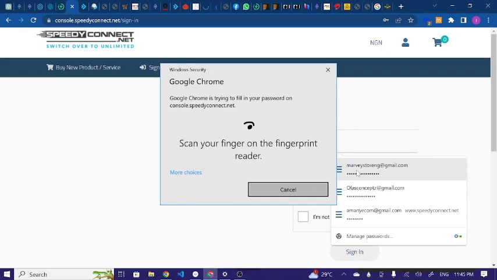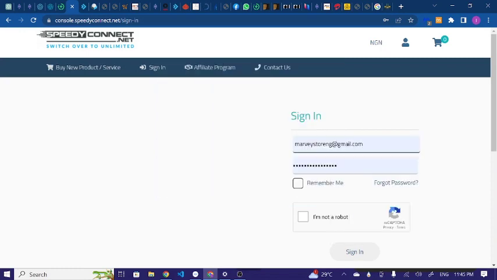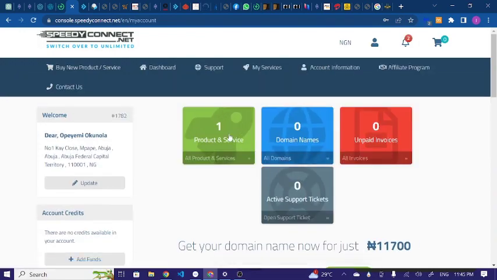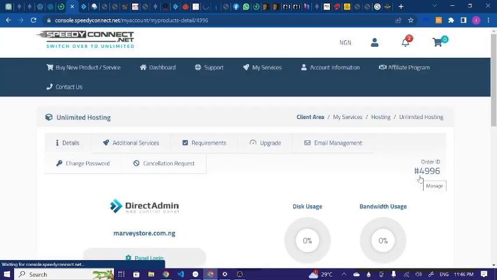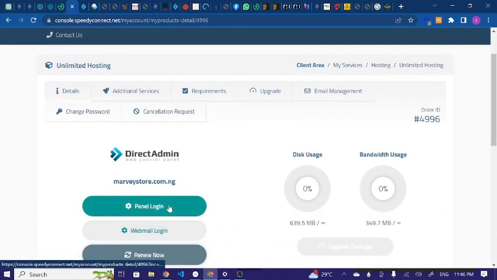Sign into your Speedy Connect account. Once you sign in, click on Product and Service, then click on Manage, then panel login. So once you are in the panel login, okay,